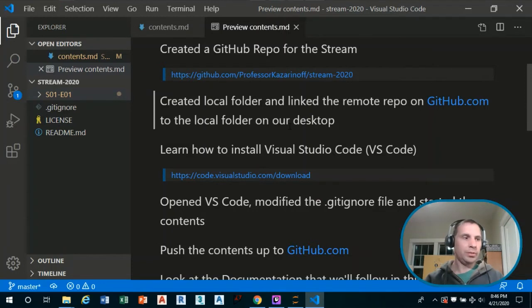So we made some changes to our local version. Let's see how to push those up to GitHub. I'm going to use a tool called the Anaconda prompt to do this. You could also use git bash, or you could also use a terminal if you're on Mac OS or Linux. The Anaconda prompt will install when you install the Anaconda distribution of Python on your computer. This is already installed here on this computer.